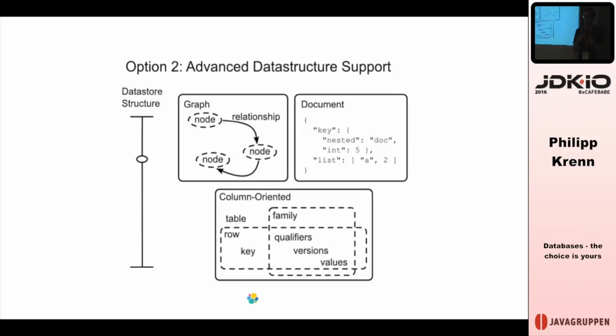The second useful group is what you might call the advanced data structures. For example, graph databases are very good if you have nodes connected by edges, and you want to find the shortest path between two nodes. Here it's trivial because we don't have that many nodes, but if you have thousands of nodes and lots of connections between them, finding the shortest path is a hard task